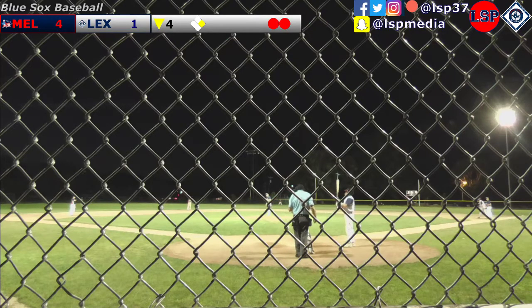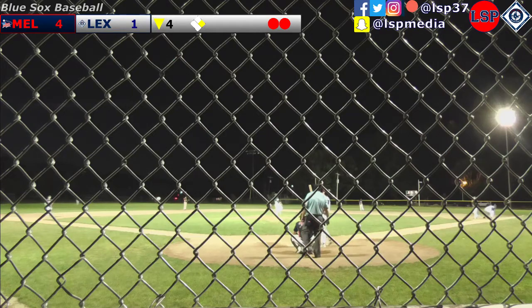Stroh picks up RBI number 9 on the season, pulling him into a tie with Richie Burgos for second on the team. And he's back safely there. Another throw, and Silvestro back safely. Silvestro has only attempted 1 stolen base this year. He was successful. In fact, in the 3 years he's played since returning from the Wachusett Dirt Dogs, as that's